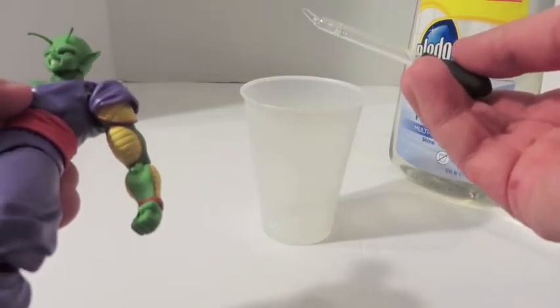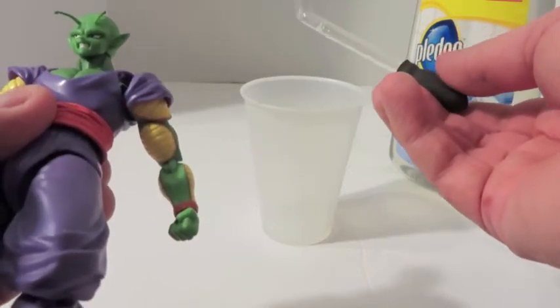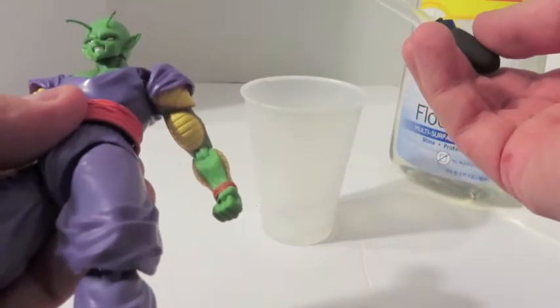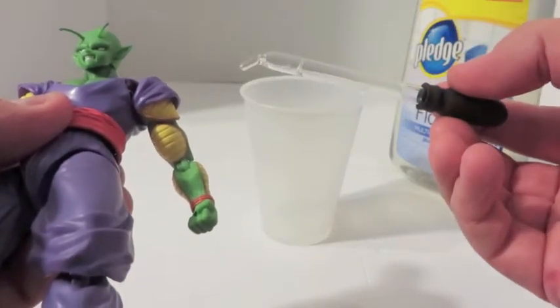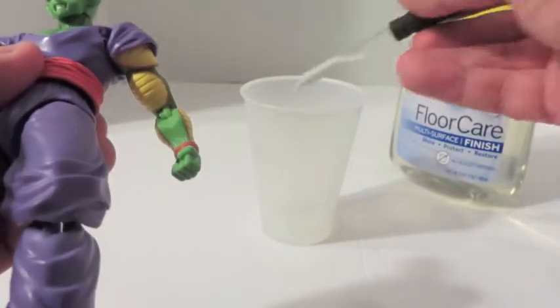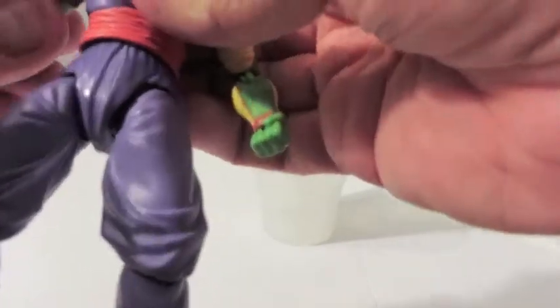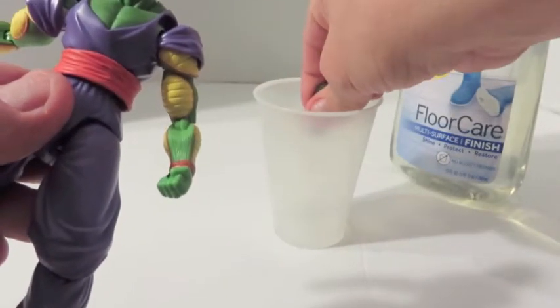I mean, if it lands on the figure, it's not going to damage the paint. It's going to make them a little shiny, but that doesn't bother me. If it bothers you, just take a wet rag or something and dab it. It's no big deal. So, as you see, there's about that much in there. And you're just going to want to put it into any spot and squeeze lightly. And just wiggle it around in there so it does its thing. And actually, I could already feel these things getting tighter, which is amazing. I think there's acrylic in this. I'm not sure, but